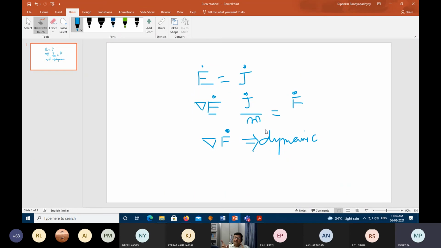So force is not uncorrelated to energy. This is one very big mistake people make. Force originates due to energy, and the energy gradient is responsible for the force that is available. Now, multiple forces decide the total gradient of force in a dynamical process, leading to the consequence, like a car is running, like an aeroplane is moving.